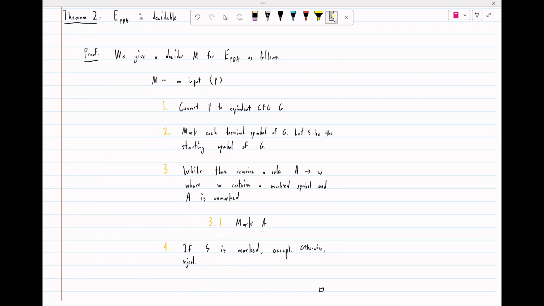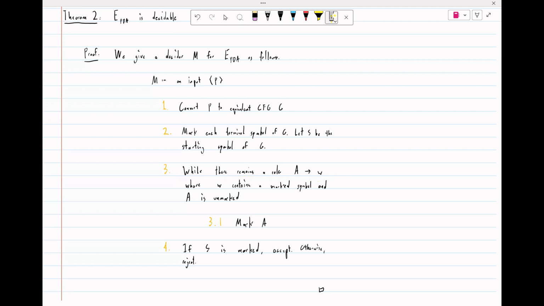All a CFG really is, is a list of rules. So if I want to test whether my CFG generates the empty language, I just need to ask myself, does it generate any string? Does it generate any terminal symbol? Is there some way of getting from the start variable, by following my rules one at a time, to literally any terminal symbol? You can do that with a sort of backtracking